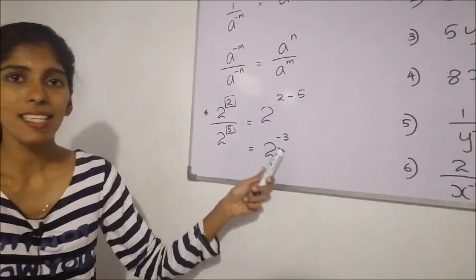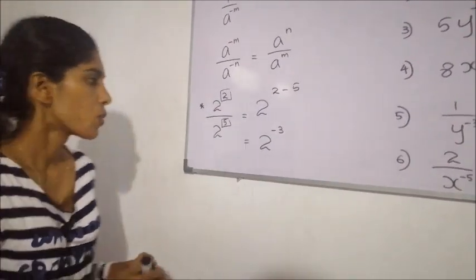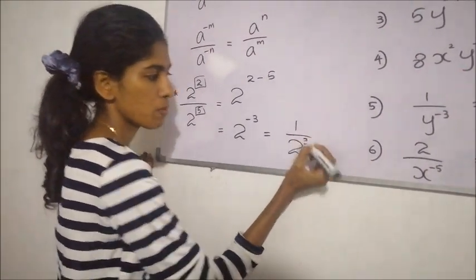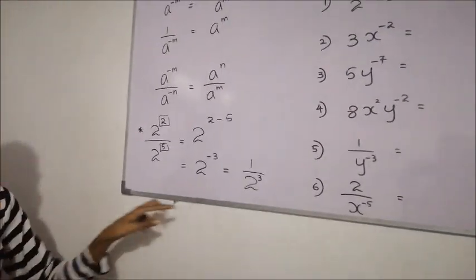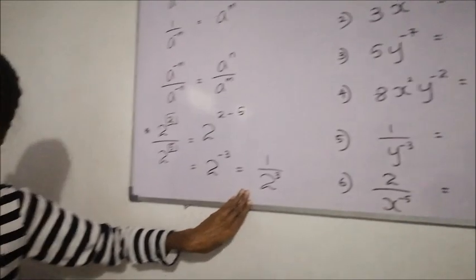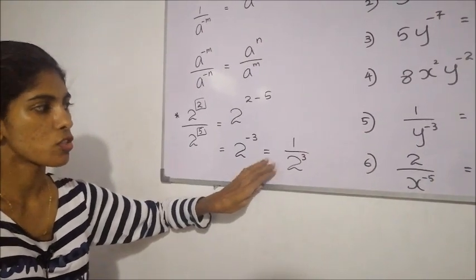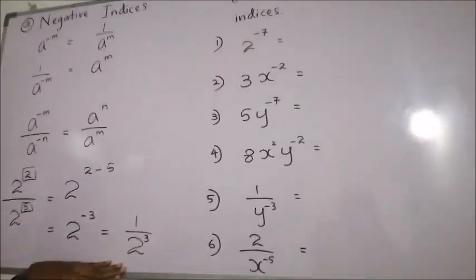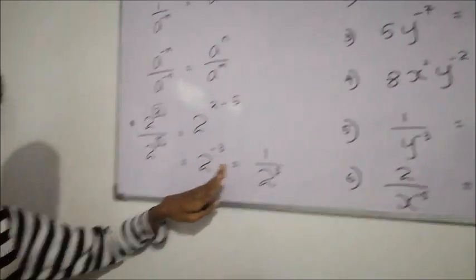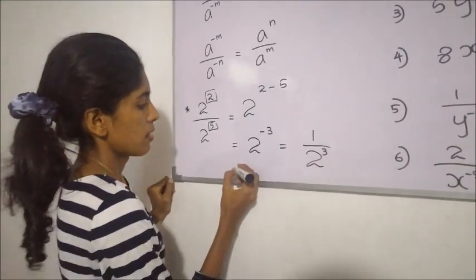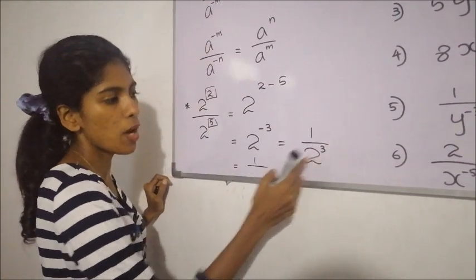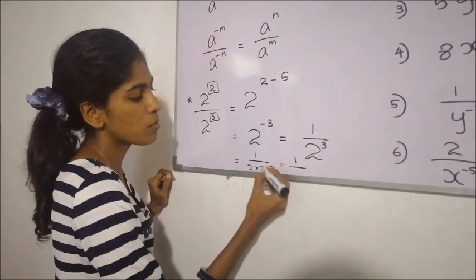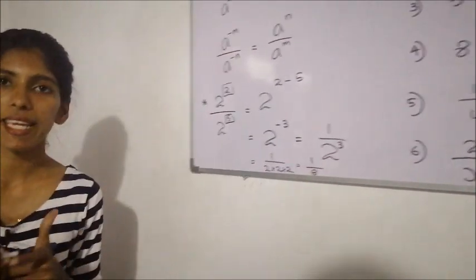But this power has a negative index. So to make it positive, we will write the reciprocal of it. It becomes plus. If in the question it is mentioned just to write in positive index, you can stop from here. But if in the question it is mentioned to evaluate, that means you need to find the answer, right? To find the answer, we can see 2 to the power 3 can be written as 2 into 2 into 2. That means 2 times 2, 4, 4 times 2, 8. 1/8 is the answer.